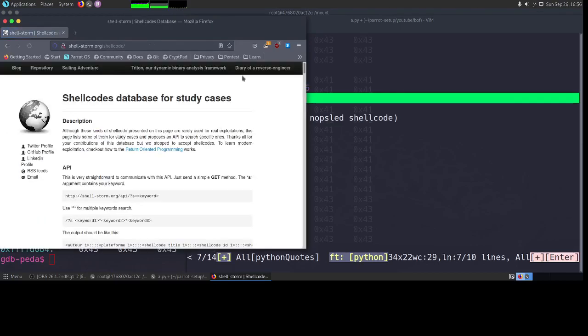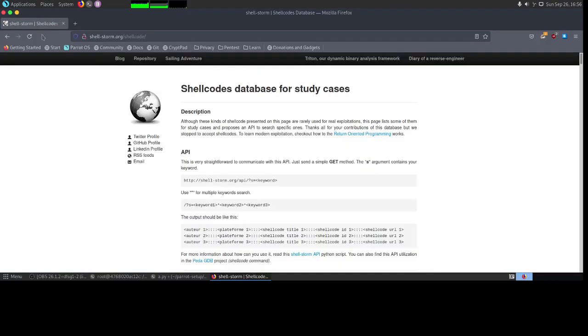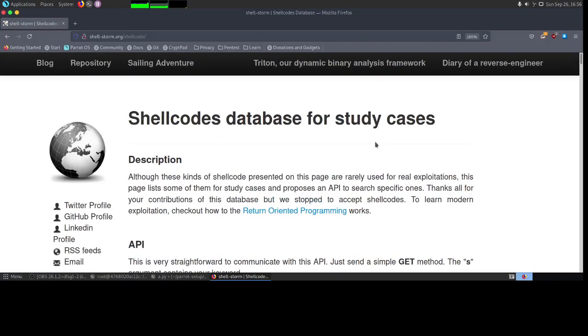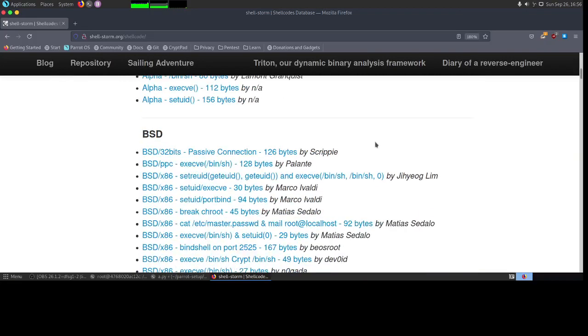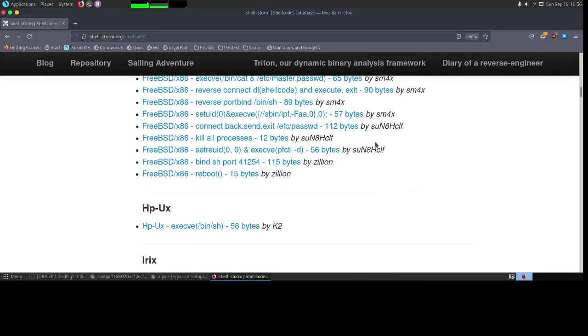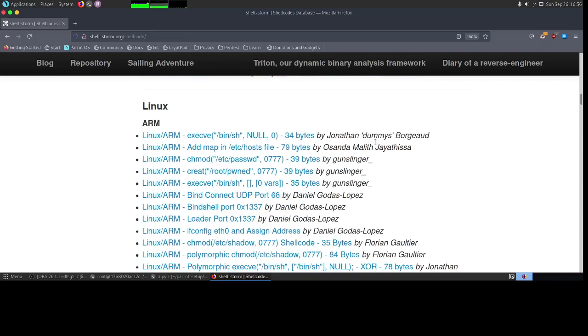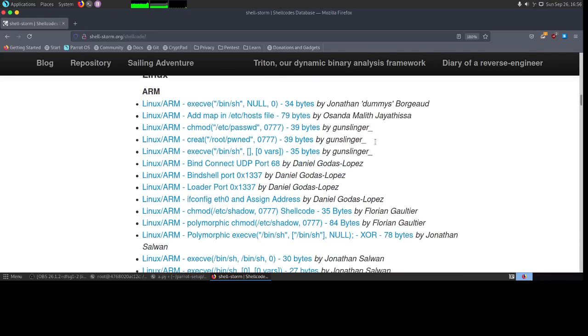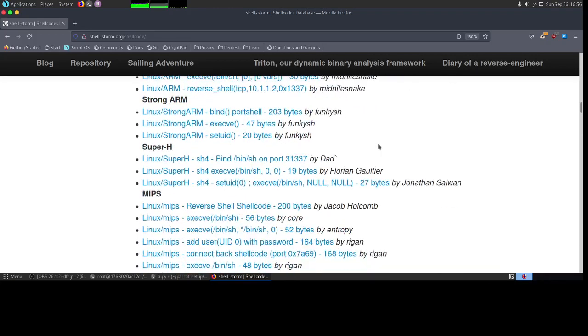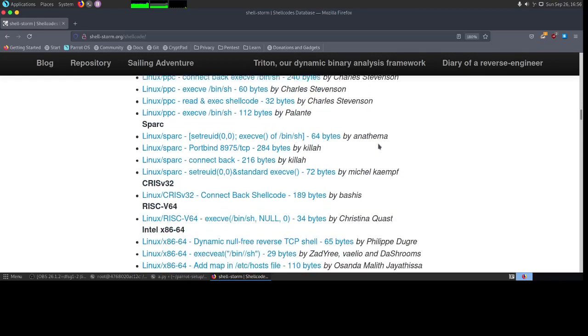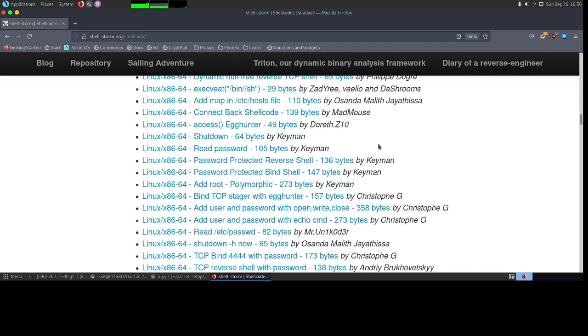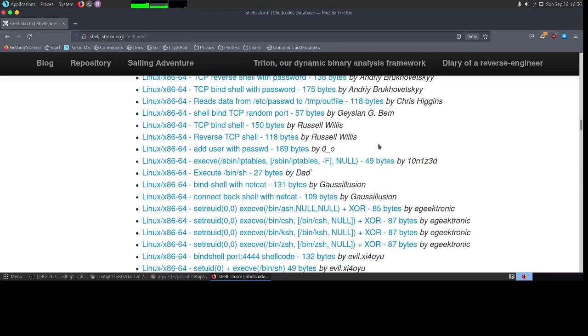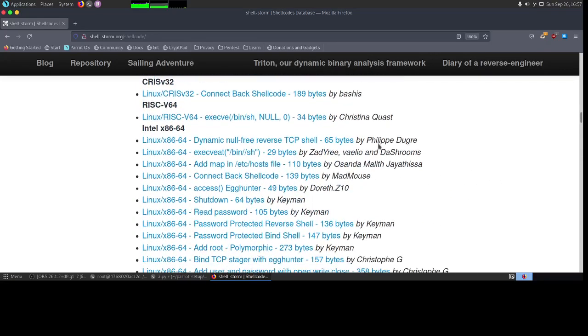If you go to this site, let me increase the font. You can see that it lists a lot of things here. We are basically interested in Intel. We can do Intel x86-64, that should be fine.